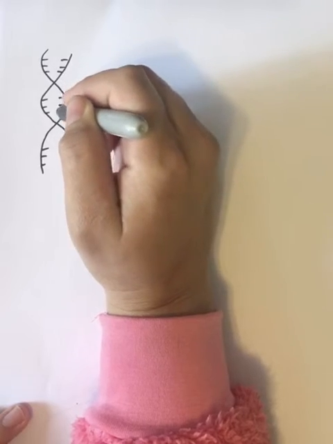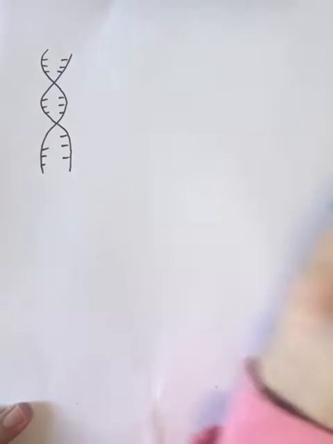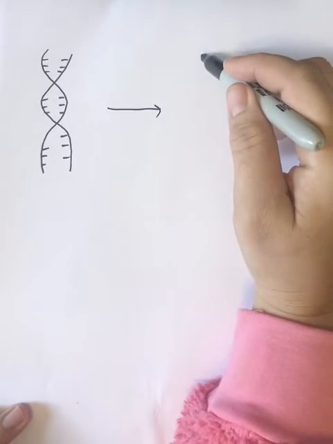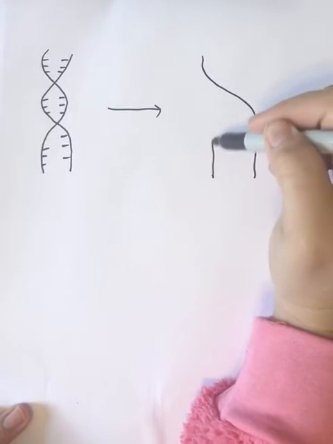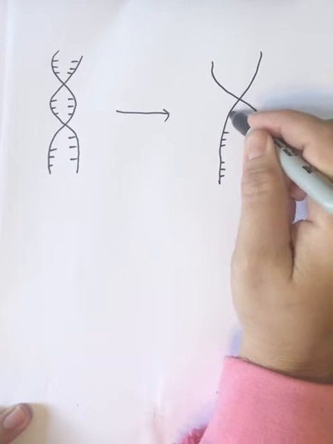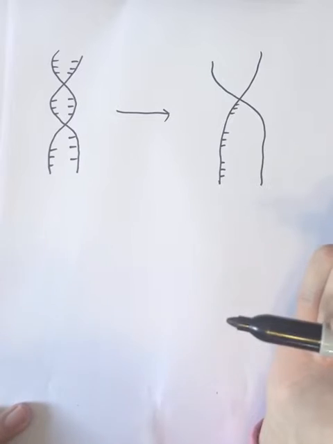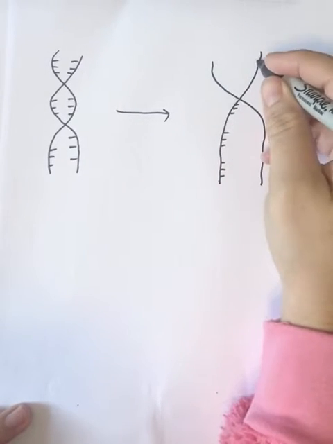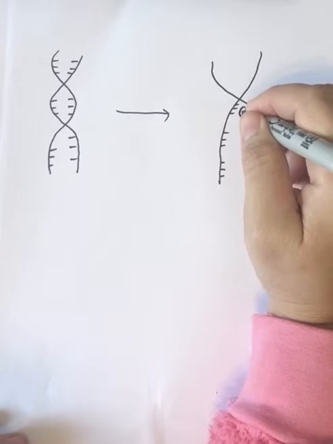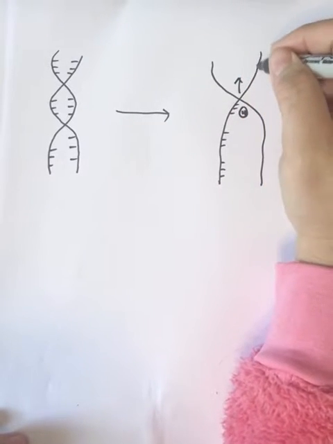Now, in order to read a foreign DNA sequence, it had to be unzipped. So, what we call the replication fork. So we have 3, 3, 3. Basically, that would continue. So what they did is they used helicase to unzip this molecule,